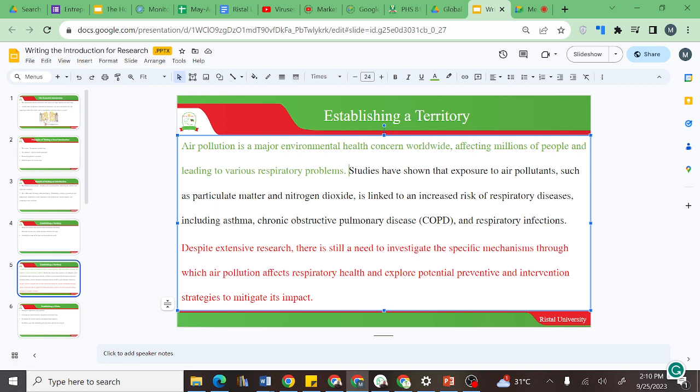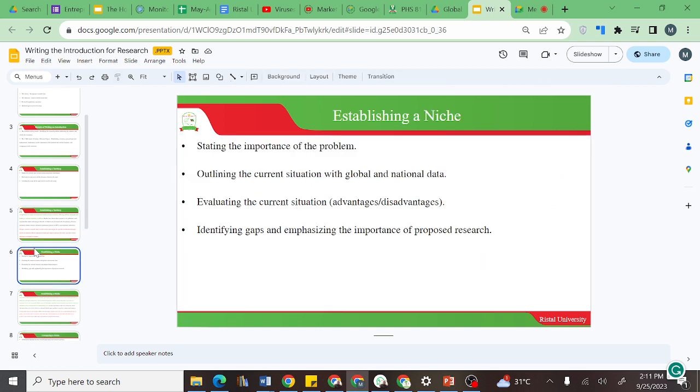Okay. Now, despite extensive research, we still need to investigate the specific mechanism through which... now this part here, the red one, you're now starting to narrow down the broader topic that you have in establishing the territory. So what is the niche? Now the niche is the one which narrows it down. The niche is the subtopic within your major topic,